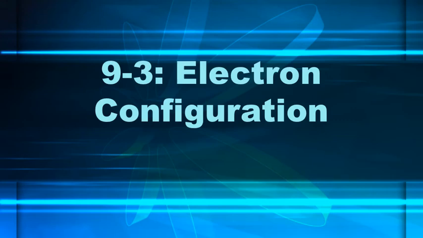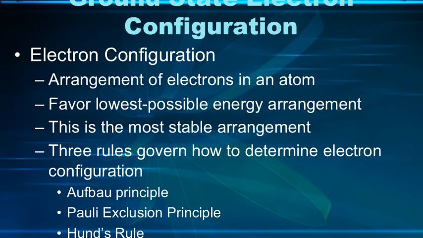Our last section here for Unit 9 is called Electron Configuration. It's going to explain something you've probably seen on your periodic tables, but haven't had an explanation for yet. When it comes to electron configurations, we've actually kind of started this a little bit in the previous section when